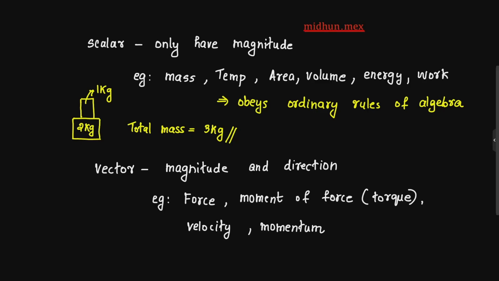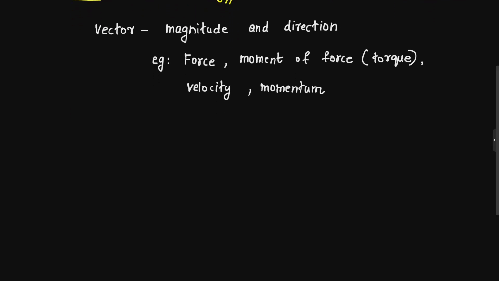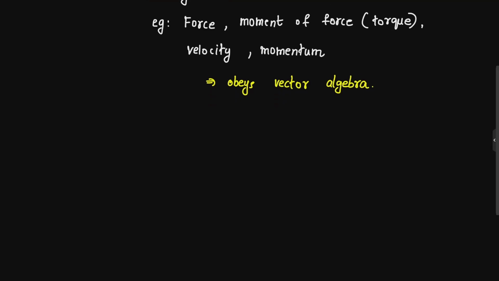While dealing with vectors, the vector will say something different. Vector quantities obey vector algebra. Vector algebra is a new kind of mathematics and it is compulsory that you learn this mathematics, otherwise we cannot study engineering mechanics. So regarding vector algebra, as an introduction, suppose there is a block kept here.